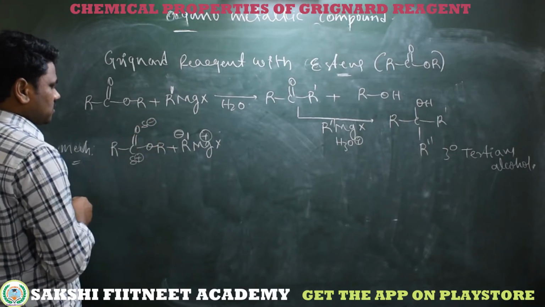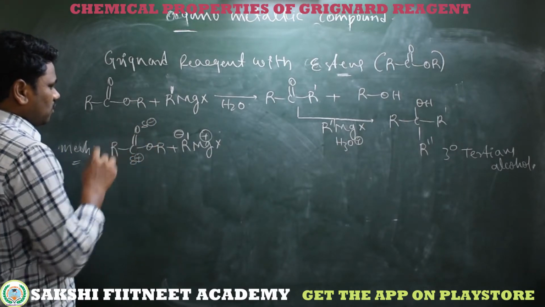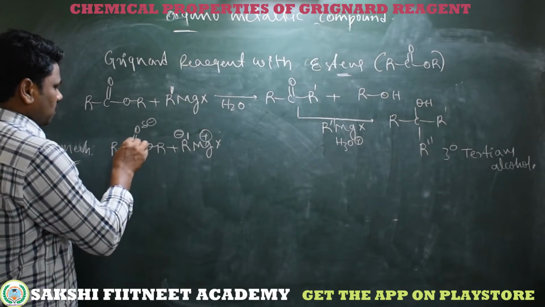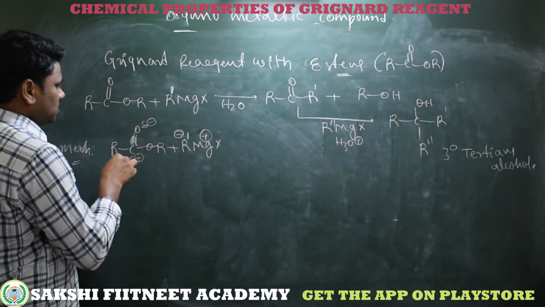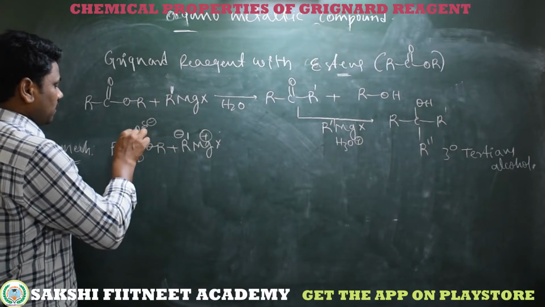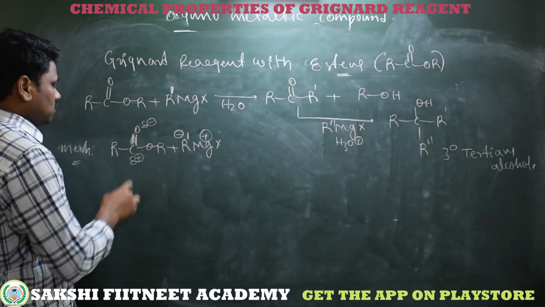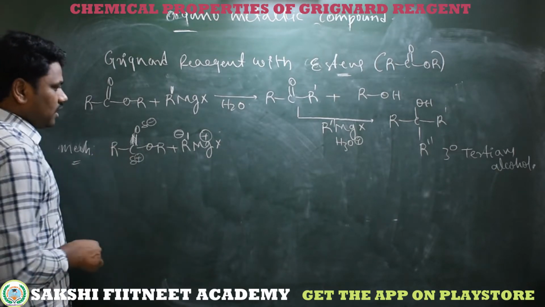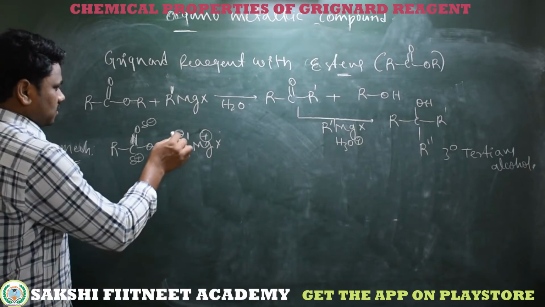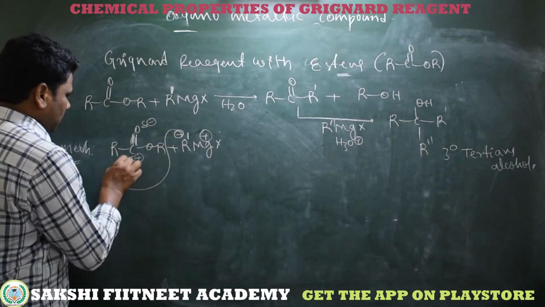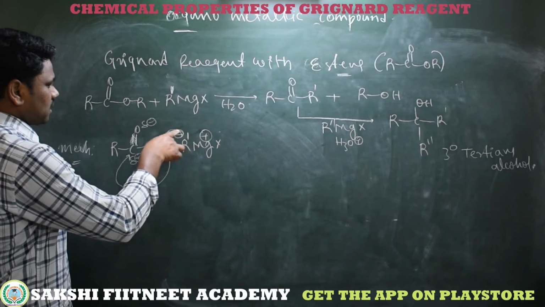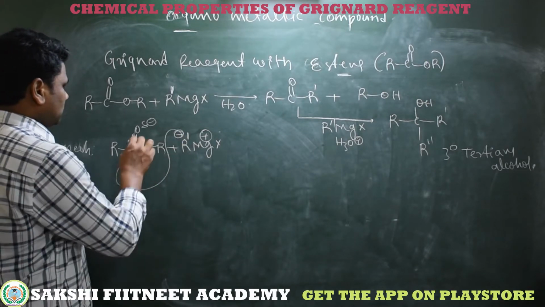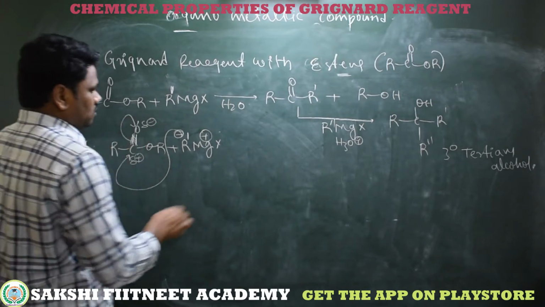That means a basic oxygen, because this carbon is bonded to the oxygen, and oxygen is more electronegative compared to the carbon. So the electron displacement is towards oxygen. As well we have a double bond between carbon and oxygen. That is also one of the factors deciding that the carbon is electrophilic in nature. So now this R minus acts as a nucleophile. The negative is going to attack the positive carbon. Then these pi electrons are shifted to oxygen.